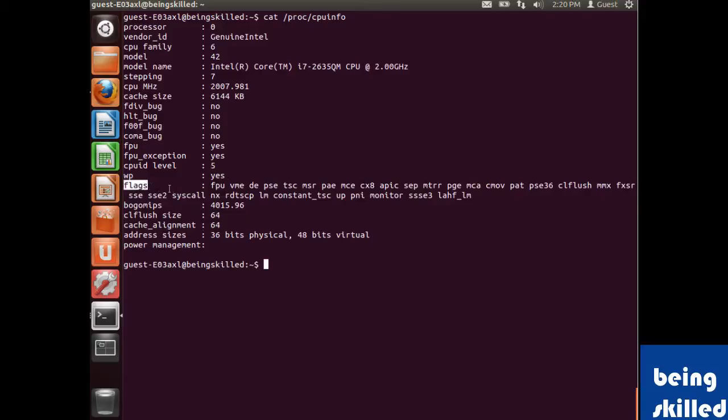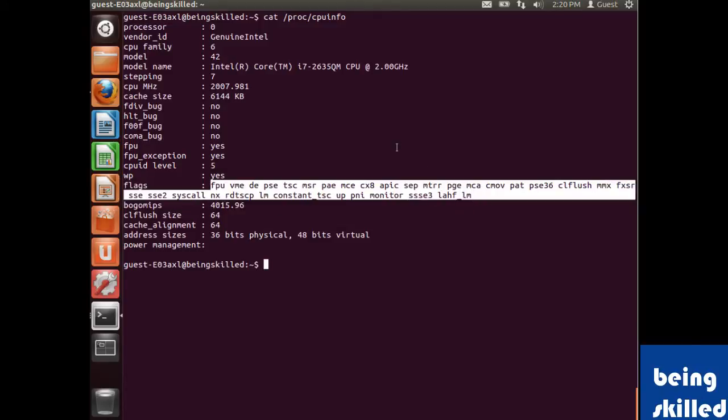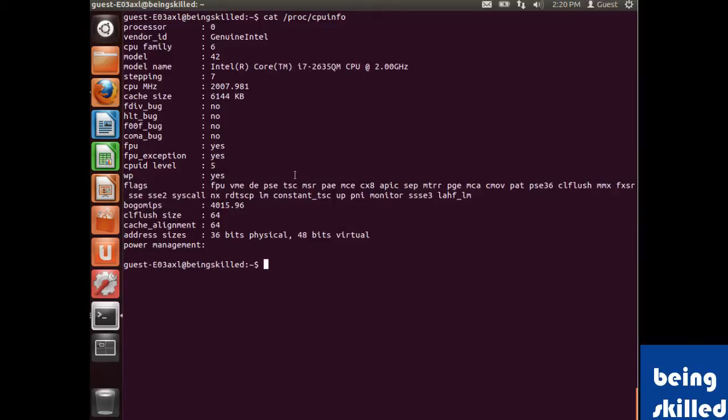Flags is very important because when we are talking about virtualization or such services, there are very specific flags which must be present in the processor in order to support those kinds of services. So here we can see the flags which are supported by this specific processor.